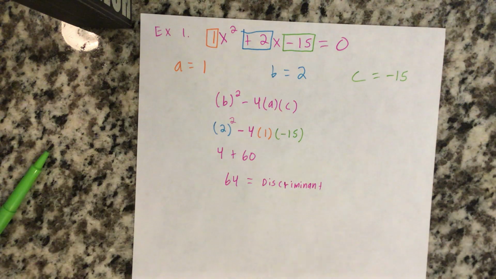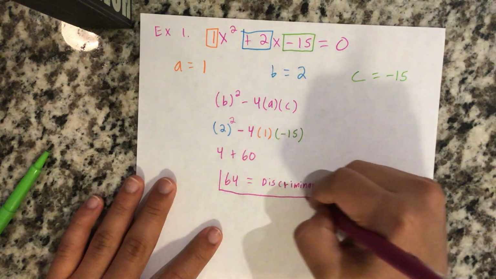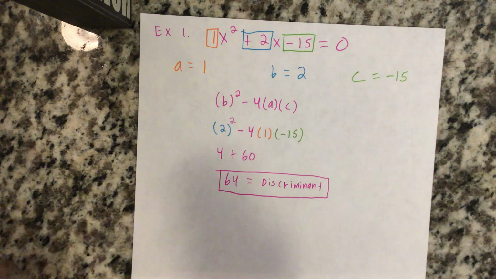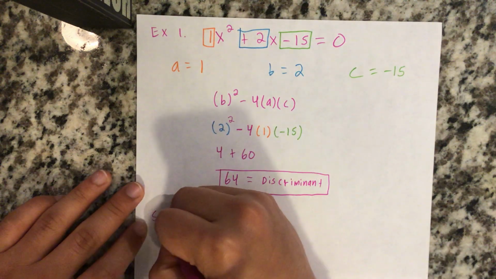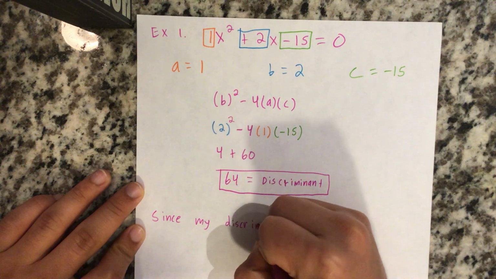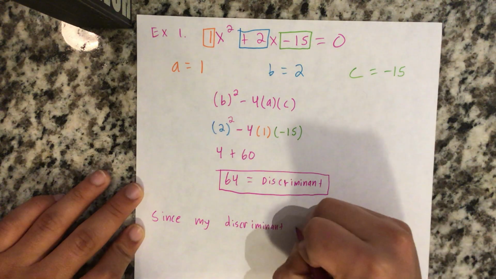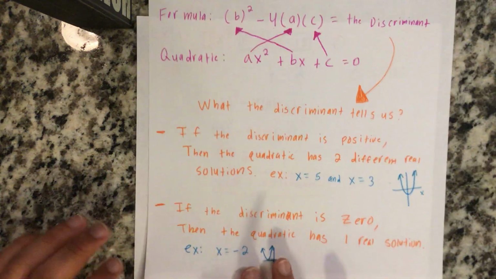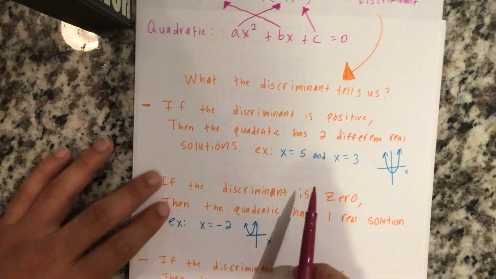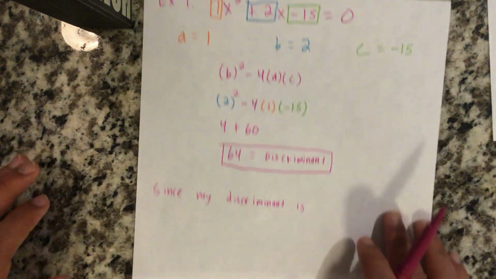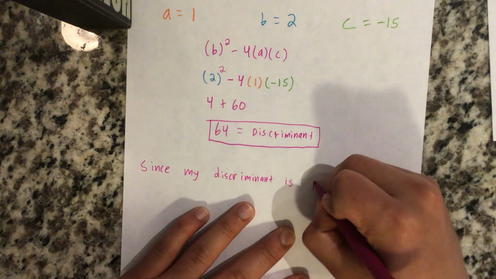Okay, so that's my discriminant. I found that part. So that's part 1. Part 2, I want to know what that discriminant tells me. Okay, so let's write it out. So I can say, since my discriminant is positive, right? Because those are the 3 options. My discriminant could either be positive, 0, or negative, right? So obviously 64 is a positive number. So since my discriminant is positive,